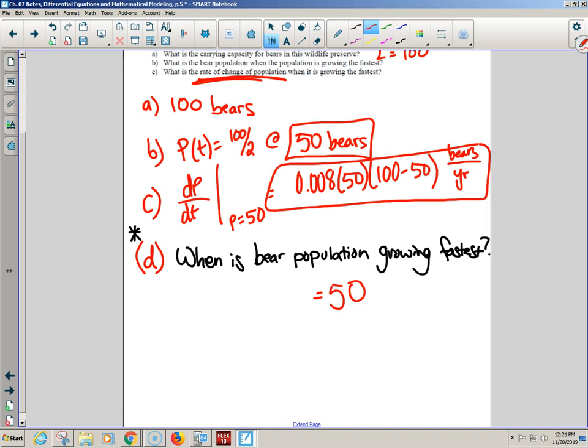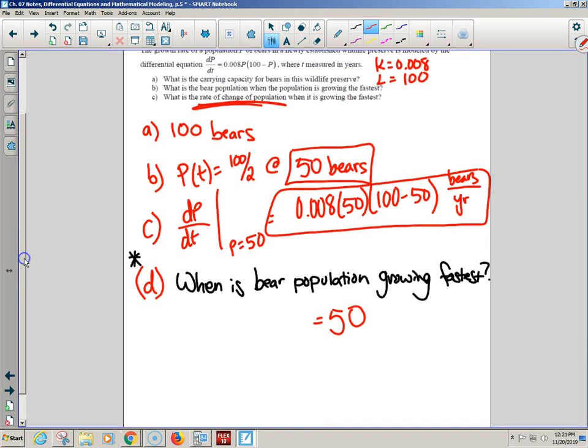How do you use endeavor number 6? When an integral is necessary, when we need to go from a P prime to a P, how do we use endeavor number 6 to get exactly what we want? Right. It's the T of when P double prime of T equals 50, or when P double prime of T